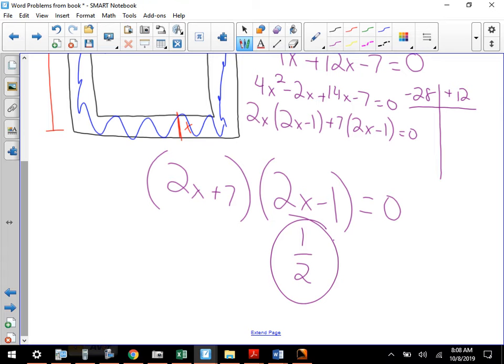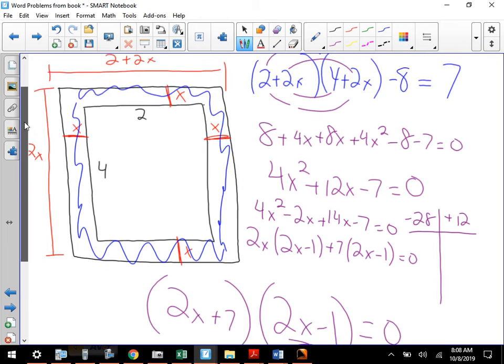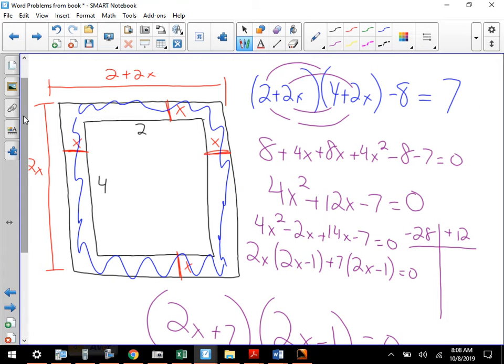Now the idea here, guys, was that you still had to be able to come up with the idea of what it visually looks like, the picture. You still had to be able to FOIL. You still had to set up and factor. This was a factorable problem. This wasn't so terrible. Border of uniform width is a very similar style problem that you see from time to time again. Let's switch to